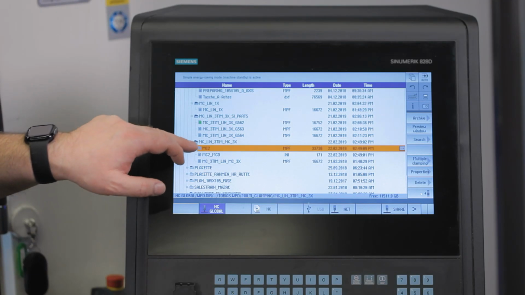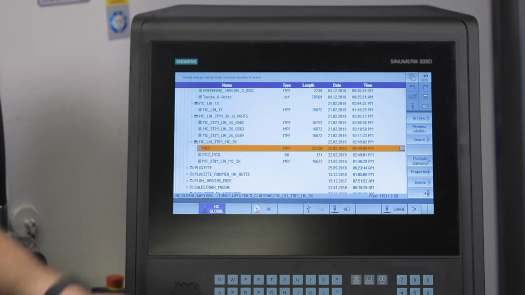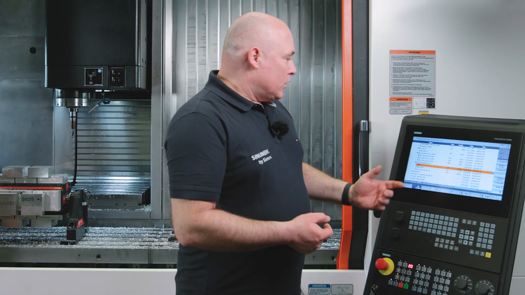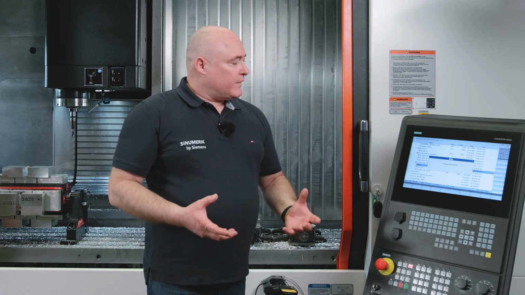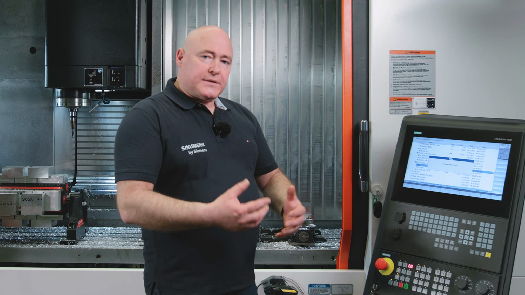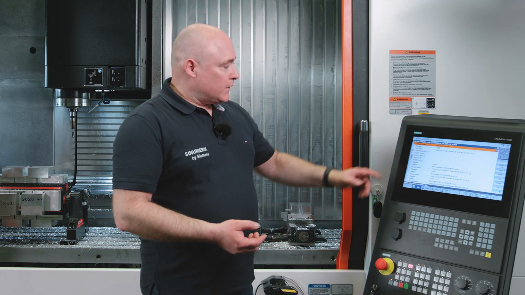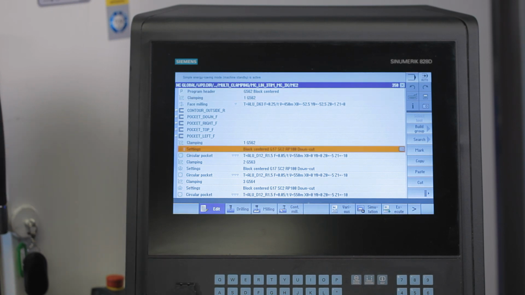And here we have the newly created program. As you can see from the length, it has about tripled in size. And this is what it looks like. We basically have the same three sequences with the individual information placed in between the processing steps to optimize the program for the sequence.